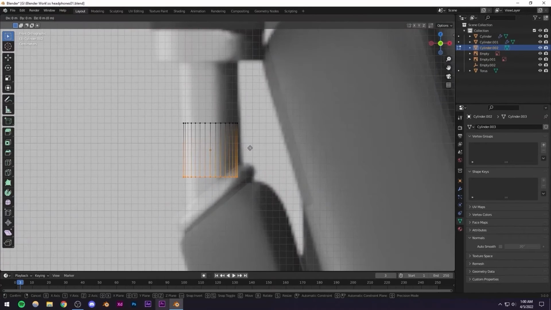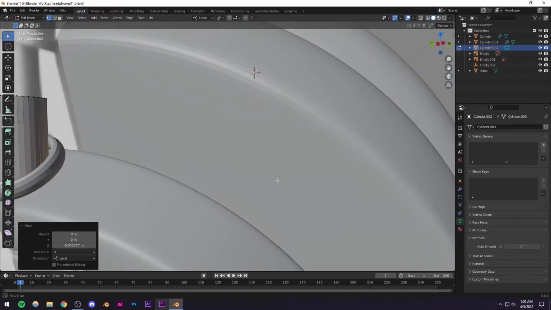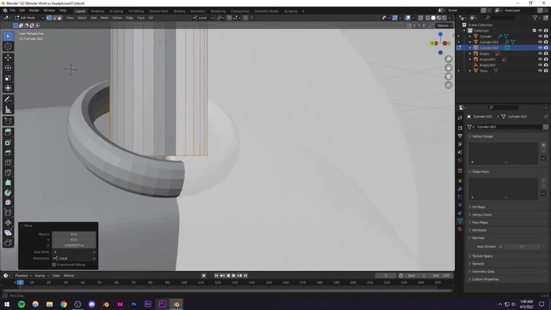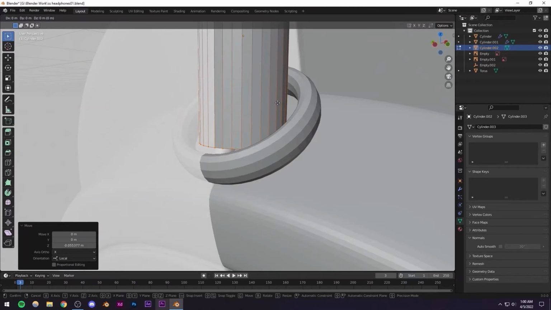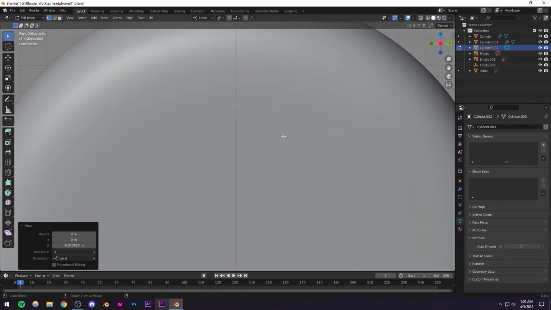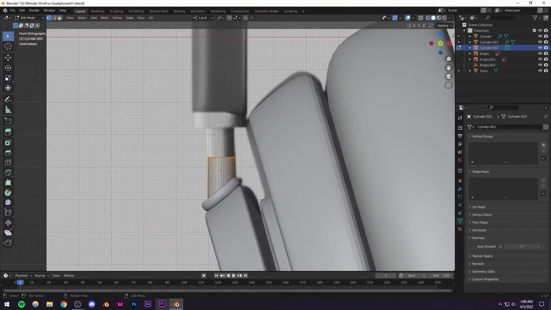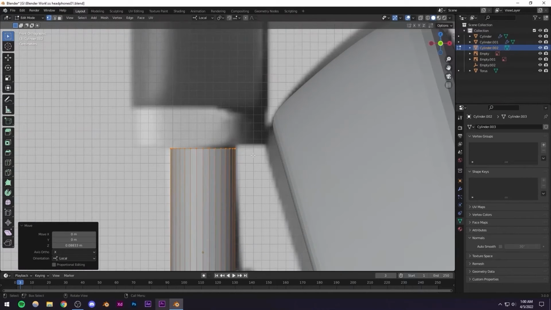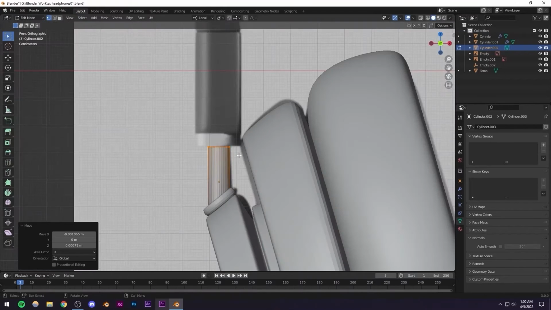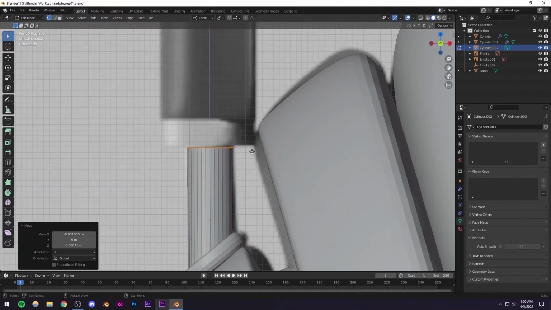I'm just going to G Z, just bringing this down, something like that. Make sure that it's not visible, which it is. I'm just going to be bringing it even further down, something like that should be good. And I'm just going to be selecting these, and I'm going to be moving these up. Perfect, something like that. Let's extrude this, something like